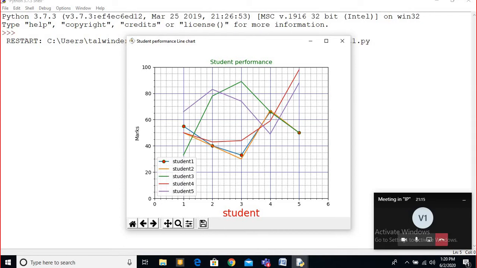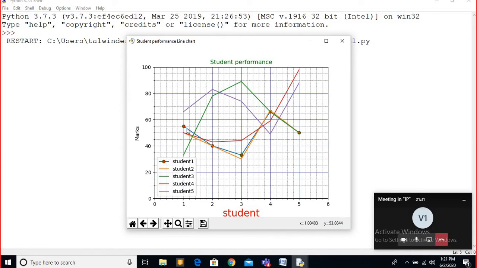So you see this one. Look, this round point has come, where it starts, then wherever the variation is there is a marker. Am I clear? This is of the student one. I have applied it on the student one only. So you can see the marker is only available there.